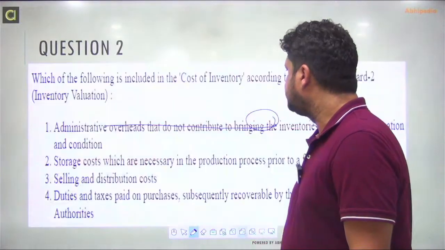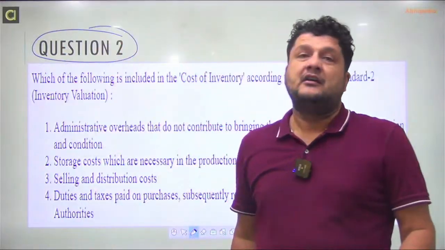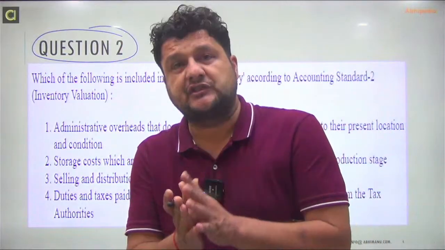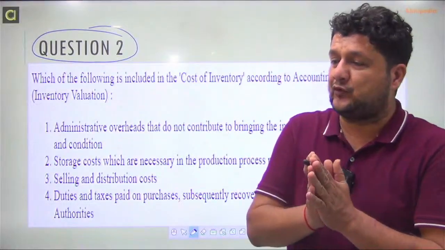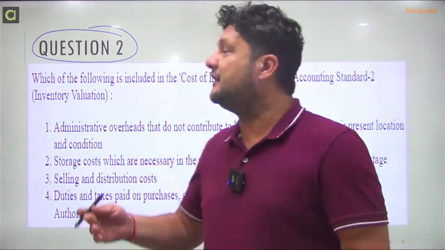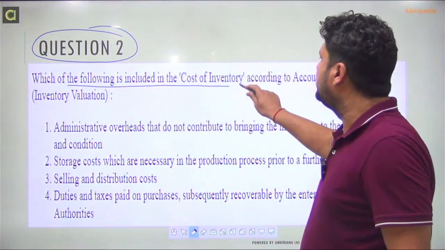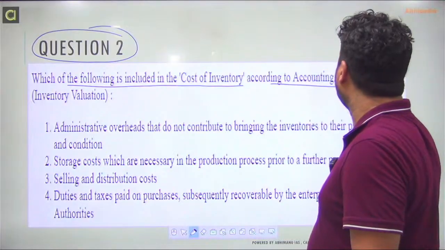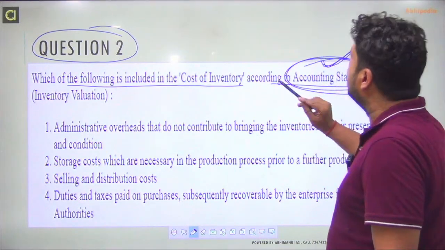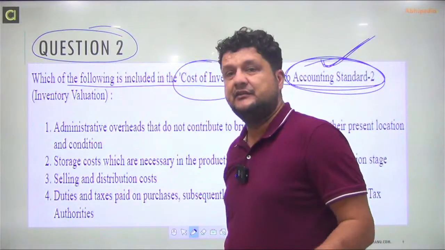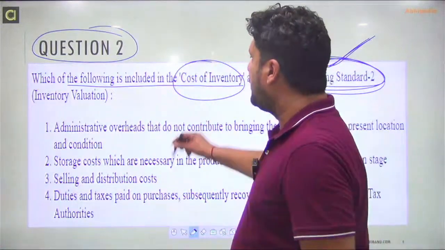The next question is a previous year question. I have chosen this question just to let you know what types of questions come from here, the type of questions you will be getting in this. Which of the following is included in cost of inventory according to accounting standard 2? This we very much know, accounting standard 2 is related to inventory. Now, which of the following